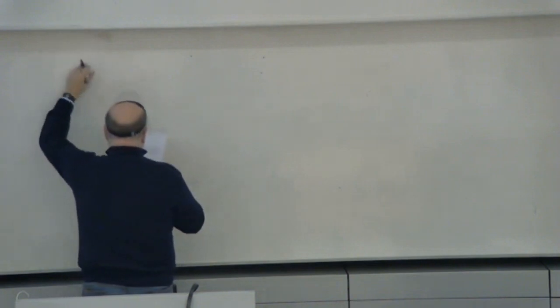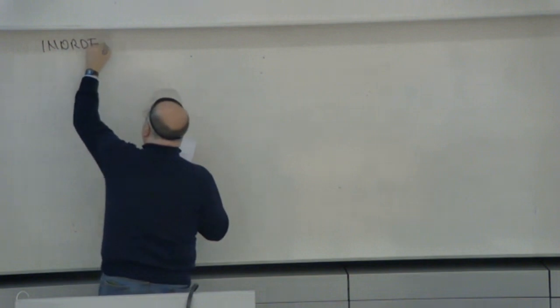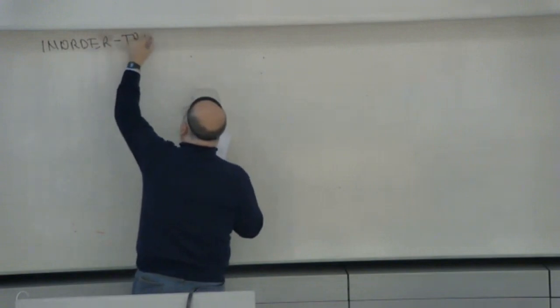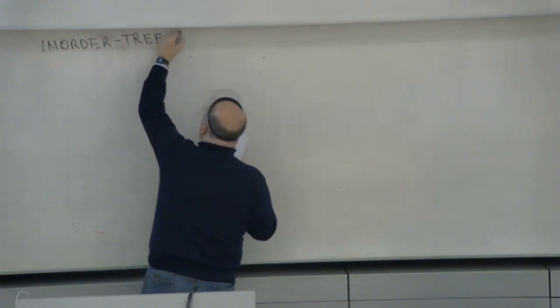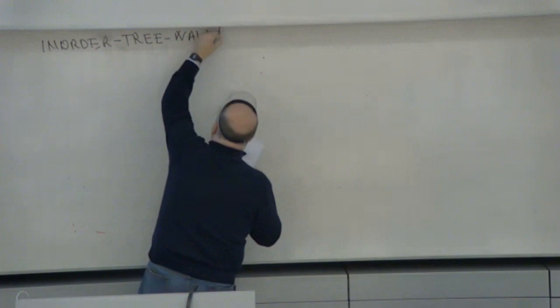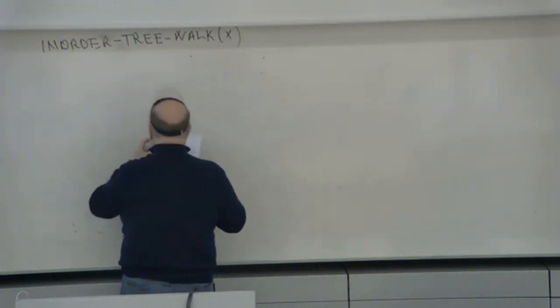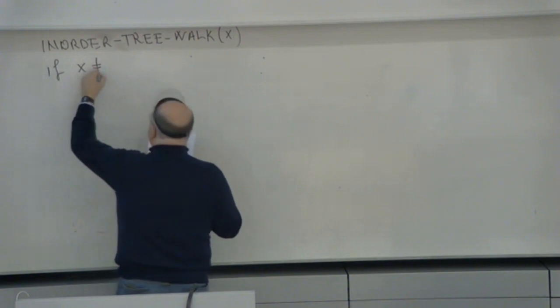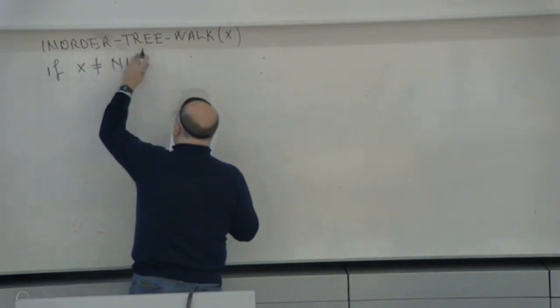The function that is outlined in the notes is called in-order tree walk, and it takes a node x as input. The procedure is: if x is not nil,